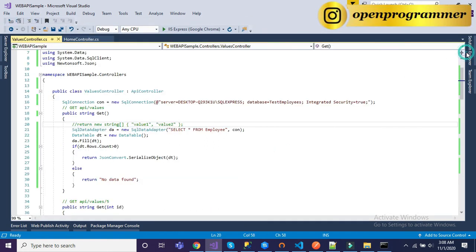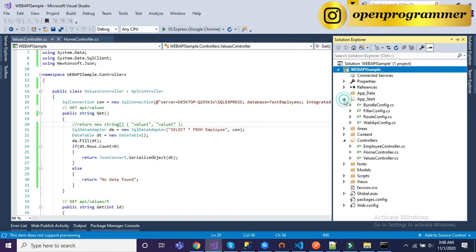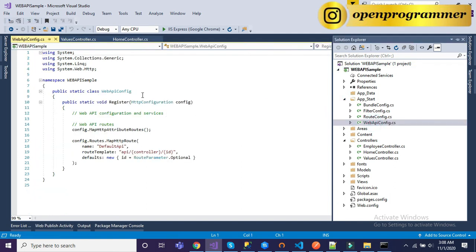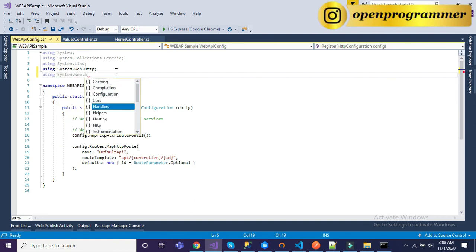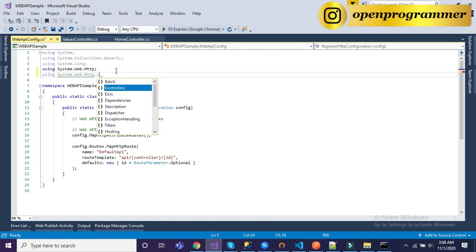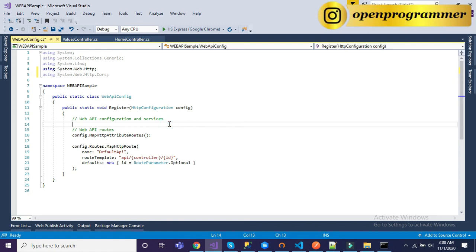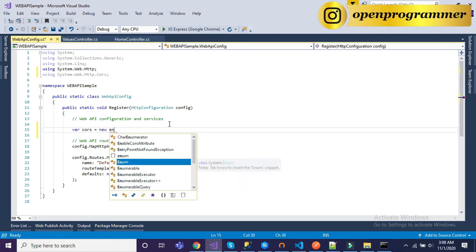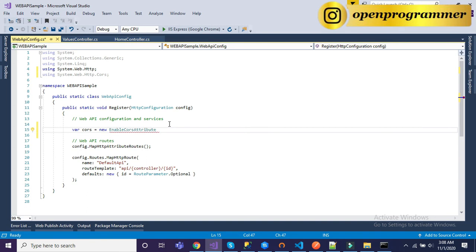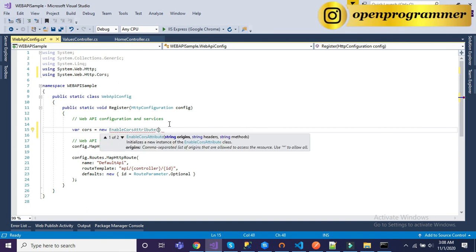Now go to Solution Explorer again, expand App_Start, click on WebApiConfig. Here we have to import the namespace System.Web.Http.Cors, and in our Register method we have to write some code: var cors equals new EnableCorsAttribute, and here we have to pass three parameters: origin, headers and methods.